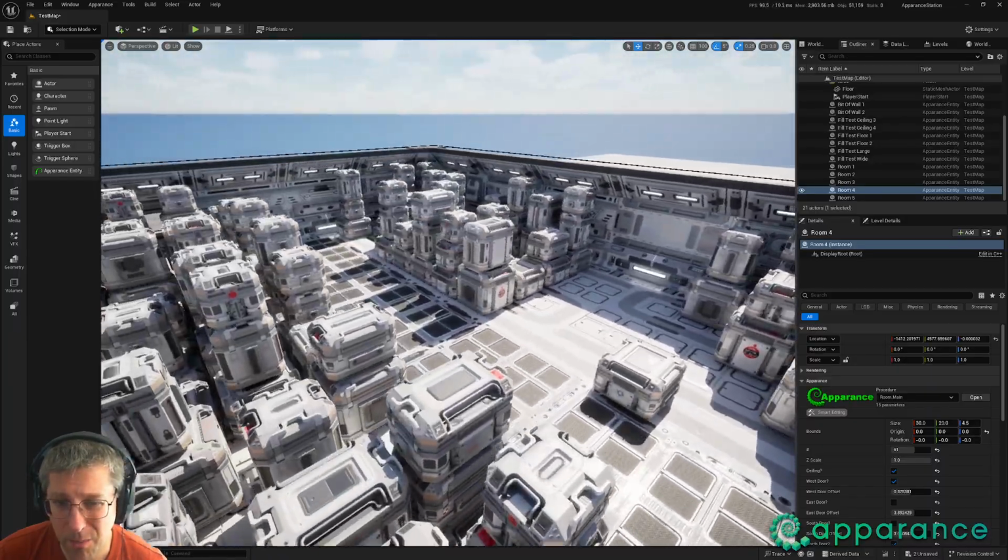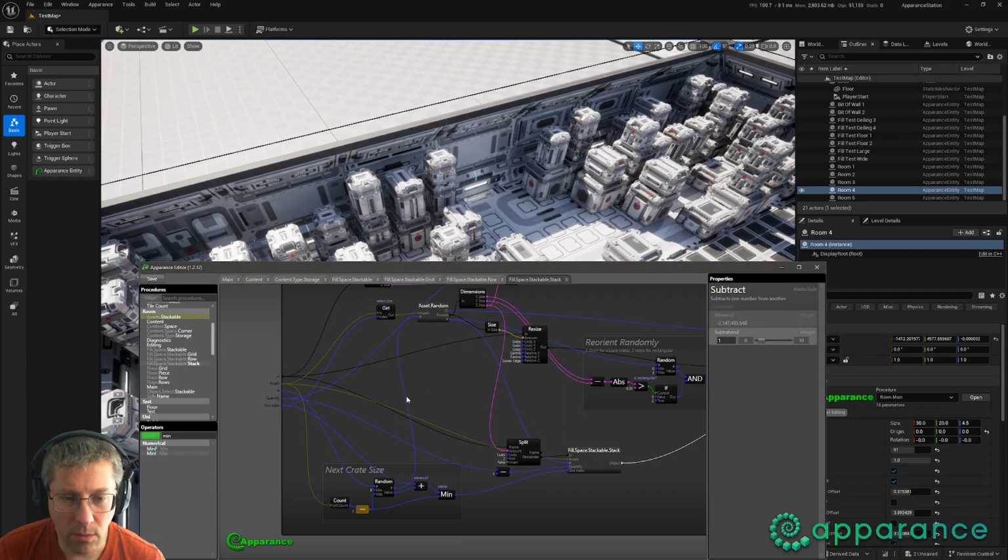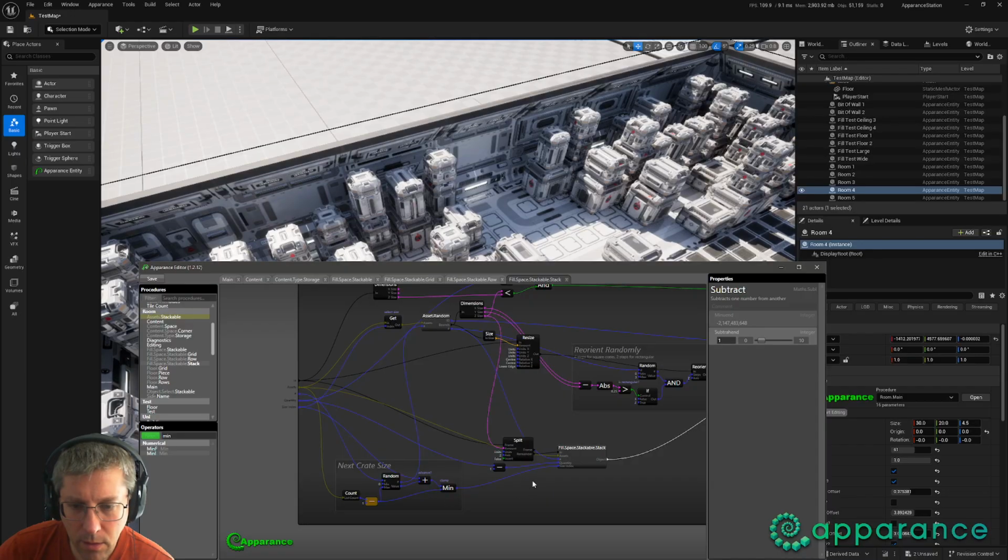That's odd. Might be some sort of random number anomaly. Let me have a look again. No, because each stack is random. We're getting variation, so I don't see why. Hang on, where's the seed here coming from? No, the seed comes through this chain, so there's no branching in the seed chain. There's a random in here, and then it goes into the recursion, which is the next thing in the stack. So that's fine. All the stacks are looking different, so the incoming seeds are different. It's just, why is this not choosing 0 ever